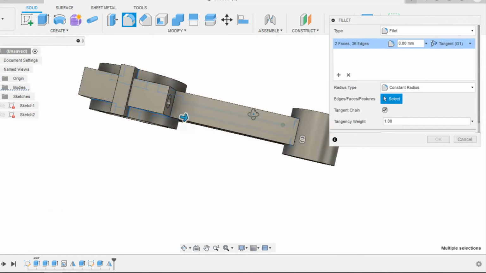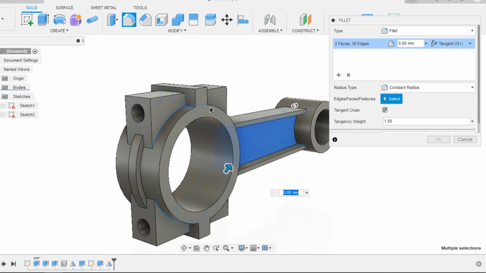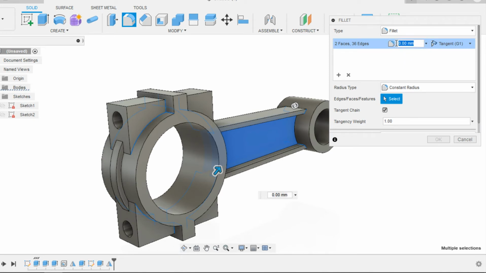Perfect. Now that we got all our edges selected, fillet radius be 3 mm.